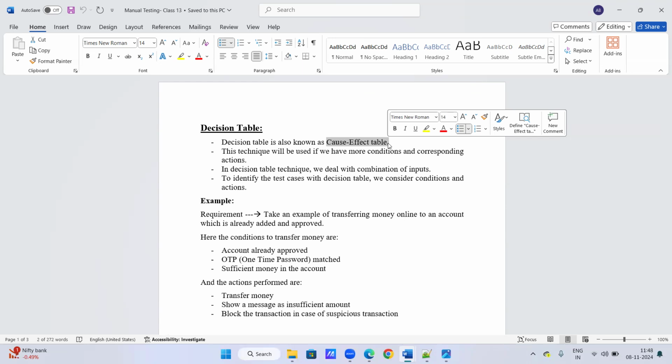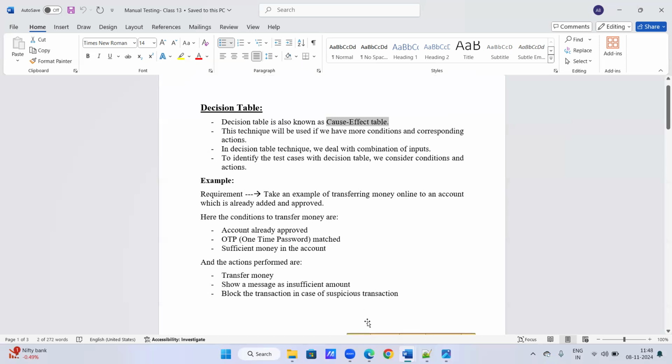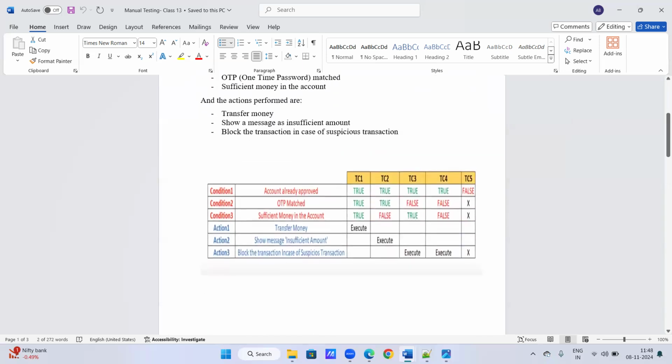And how will we prepare the data in a decision table? So decision table means here if you take